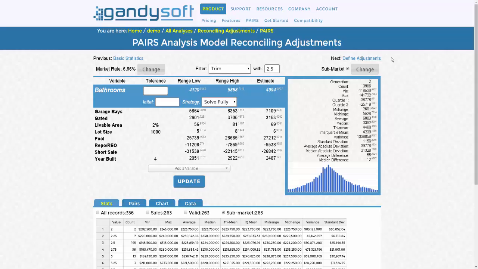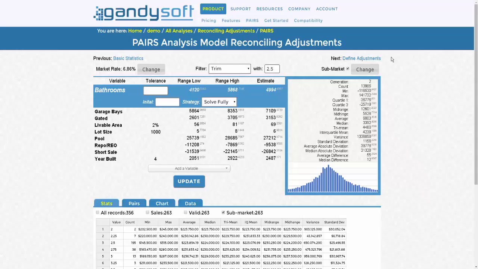After reviewing credible model results, the valuation professional is provided with a low range, a high range, and an estimate of each variable. The estimate is merely a statistical measurement of central value. Any factor between the low and high ranges is statistically supported, though the engagement of a valuation professional is required to assign the most prudent value for the variable. When you complete a credible model, that is when you can proceed to the Define Adjustments page, which is where